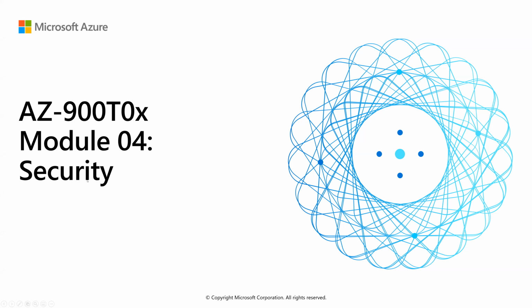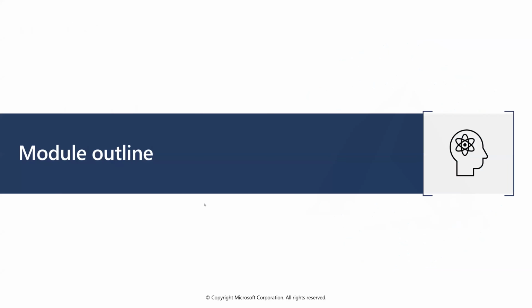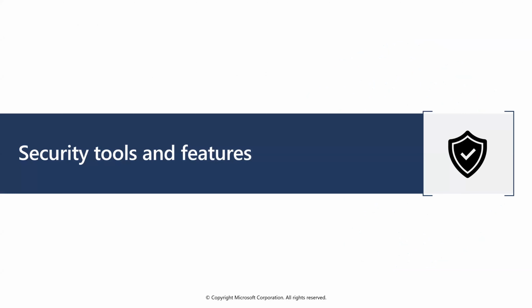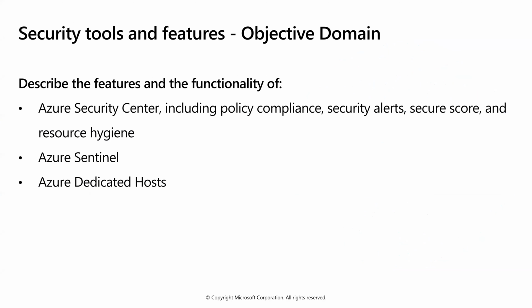Module 4, security. In this module, we're going to discuss security features and defense in-depth, distributed denial of service protection, NSG, security groups and firewalls, and Key Vault and dedicated hosts. I think this is a long topic. So, security tools and features: describe the features and functionality of each